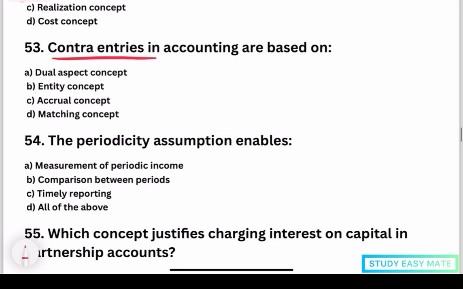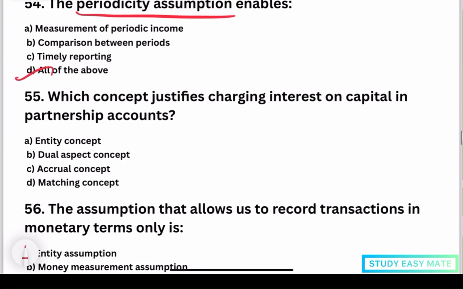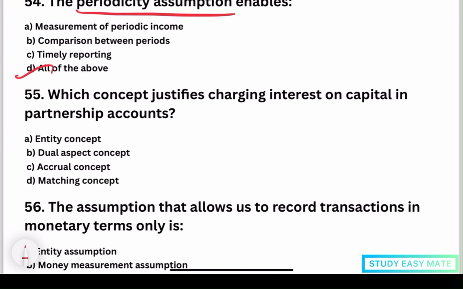So 53, contra entries in accounting are based on the dual aspect concept, because these entries involve transactions that affect two accounts within the same book, like cash and bank, maintaining the dual aspect principle while keeping the accounting equation balanced. So 54, the periodicity assumption enables all the above: measurement of periodic income, comparison between periods, timely reporting. Why? By dividing the continuous life of a business into specific periods, stakeholders can evaluate performance and make informed